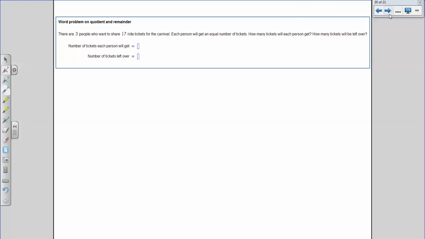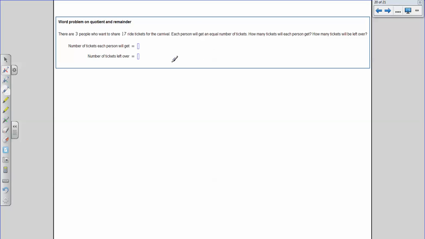This time I have 3 people who want to share 17 ride tickets for the carnival. That sounds like fun. Each person will get an equal number of tickets. How many tickets will each person get and how many will be left over? So I have 17 tickets that I need to split between 3 people. So my division problem,